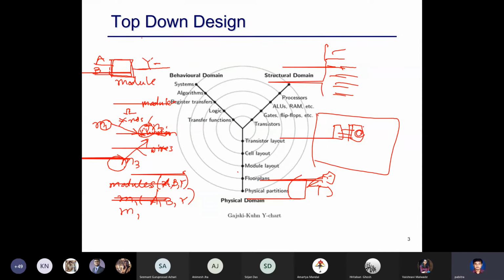But here, these are not calls, but instances. If you are using 4 say 8-bit half adders, it's not that you are calling a half adder module 4 times.